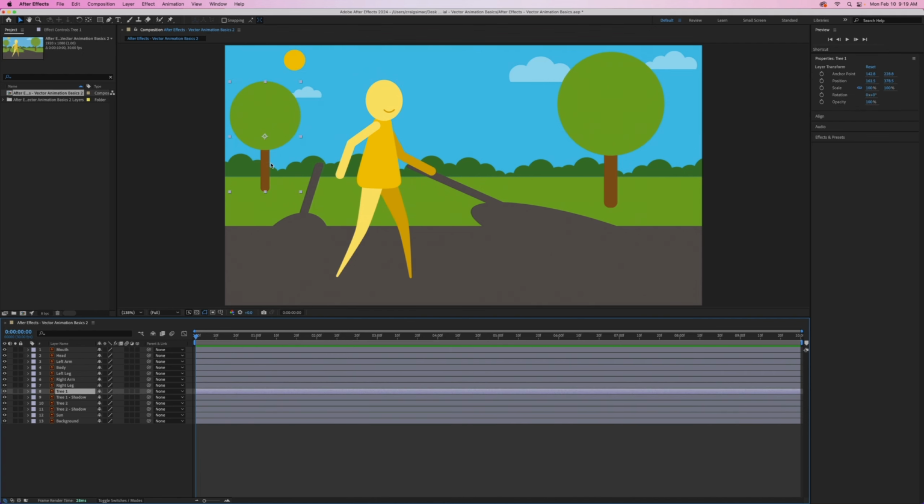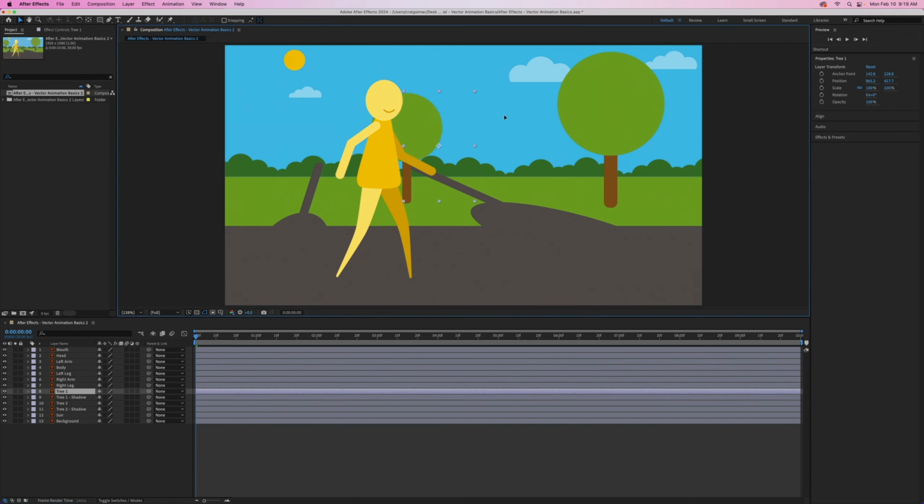If you don't want to drill down and move the individual vector points or the little handles, you can just set this tree into motion and do whatever you want with it just as it is. But you can't drill down and move the individual pieces or make this into an oval or move the individual pieces of the trunk. So what I find it easiest to do is I'm just going to take all of these and